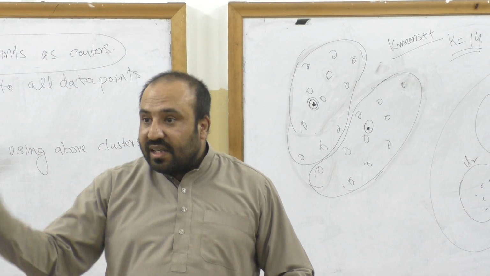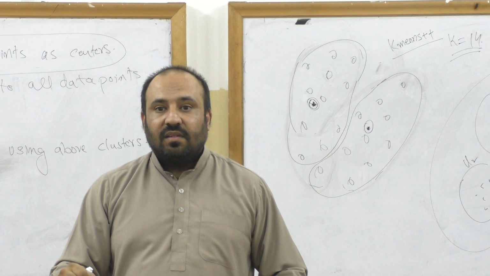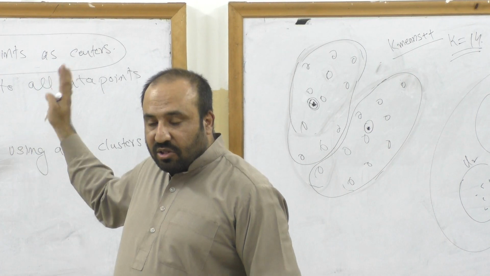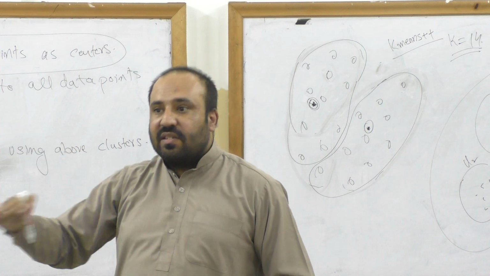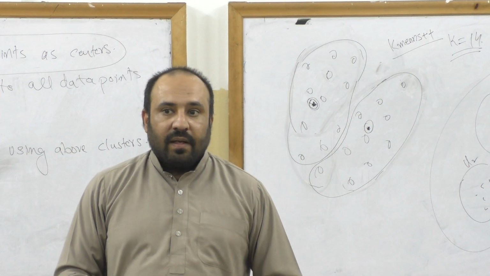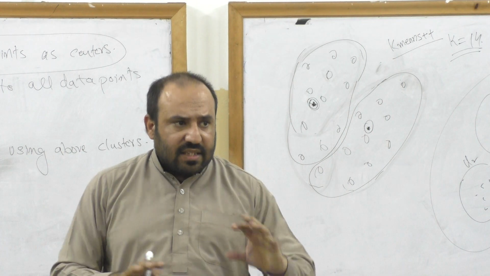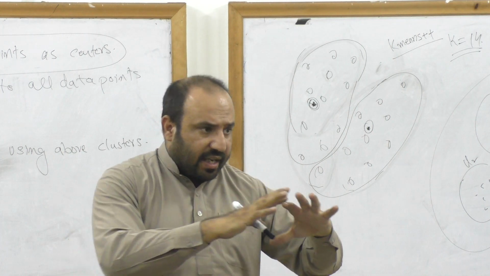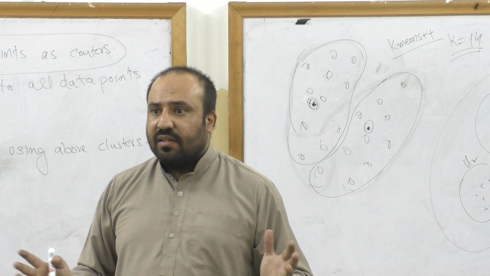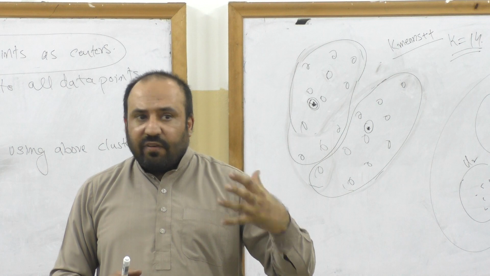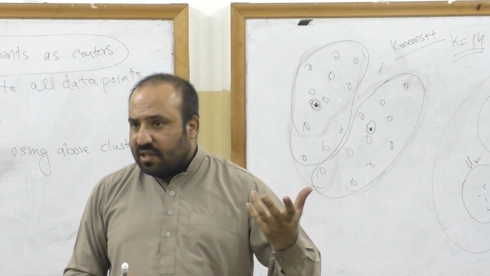But even with that initialization, the local minimum value problem is still there. So the solution to the local minimum problem is run K means several times if you have time budget, and pick the one that's the best. And if your data has a clustering structure, if your data has a similarity structure in it, the probability that you will find the exact clustering or the best clustering very quickly is high.